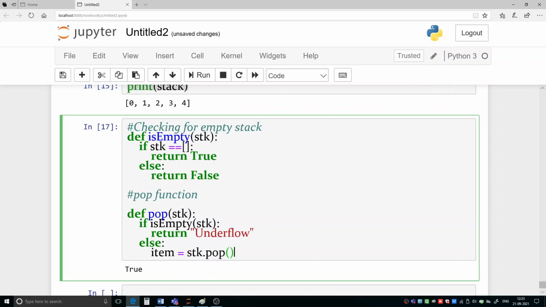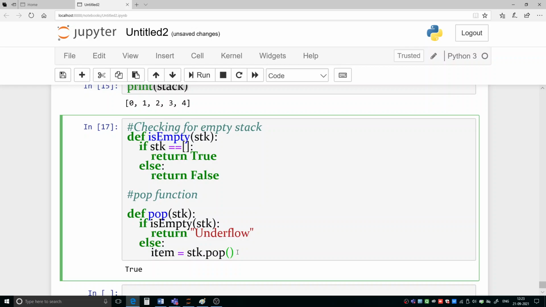What does the pop function do? It removes the last element from the stack, from the list, and it returns it. So the returned item can be stored somewhere. So here we are having one variable, its name is item, and in that we are storing the popped item from the list. Okay, got it? So this is what we are doing.